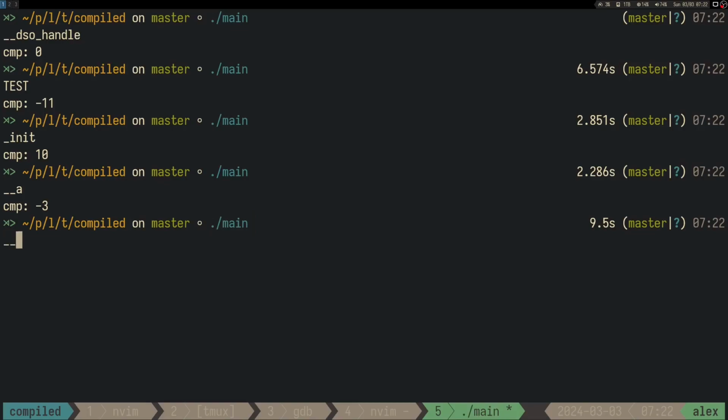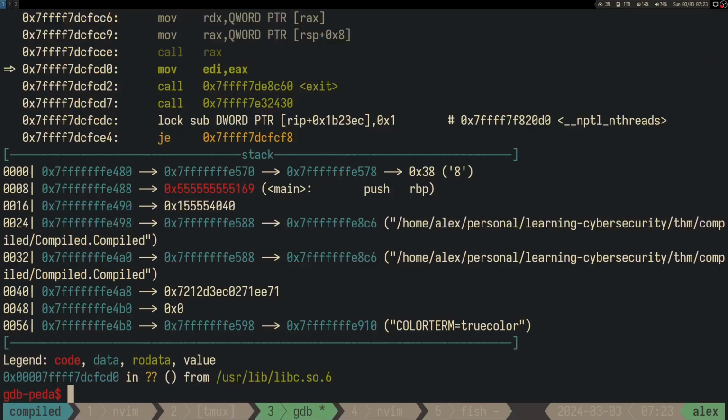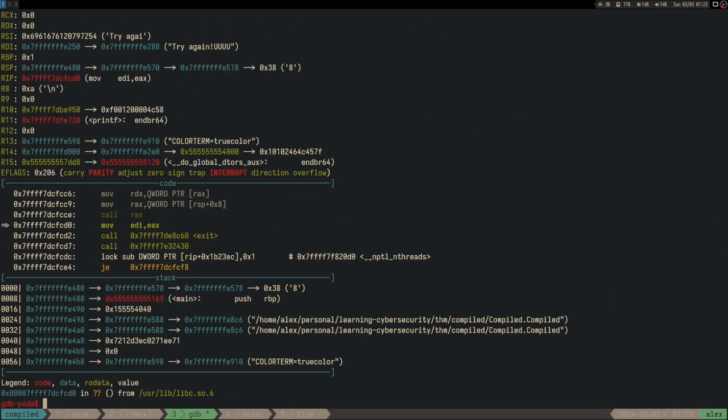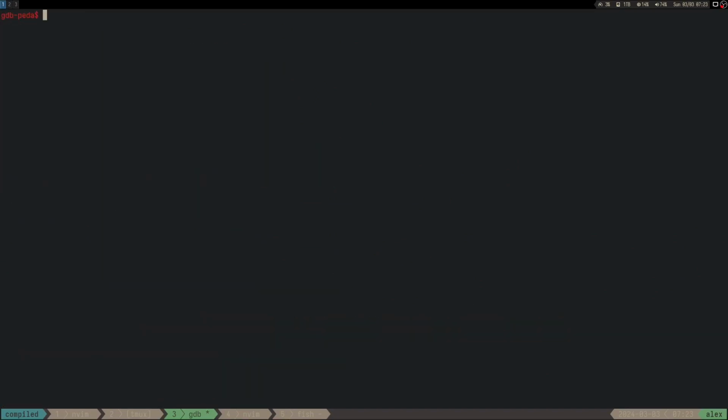Okay. What if we do e? This should be 1, I think. Yeah, because it's the difference between e and d, 1. What if we do i? It's going to be again 10. So if we do anything like test, it's going to be positive. Okay, so that means that if we go back here,